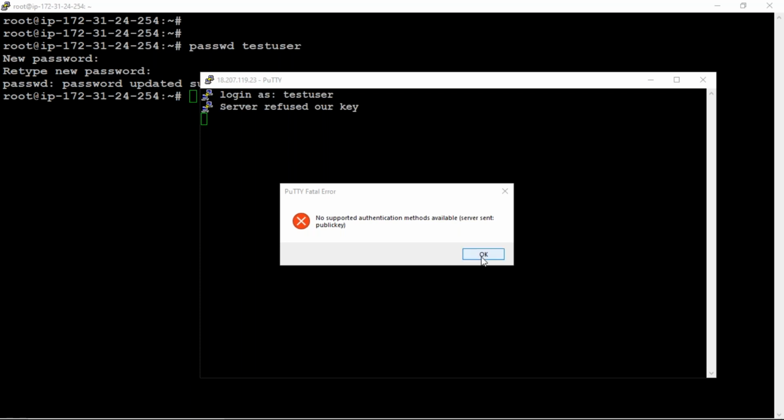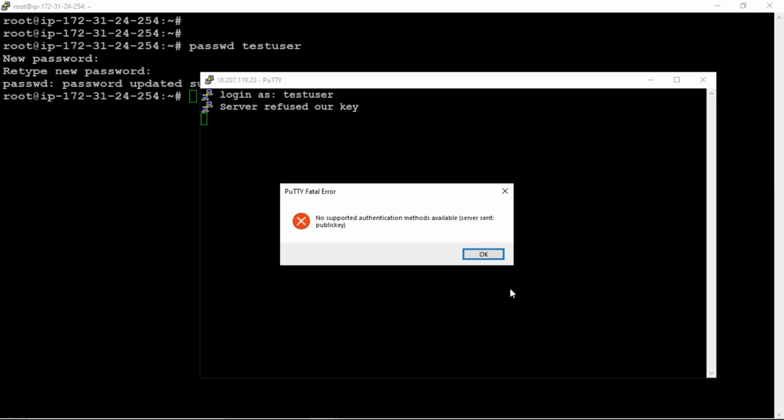The reason is that for the test user, password authentication is by default set to no. So we should keep the key, and we have uploaded that key as well. I have uploaded the key also, so maybe you didn't see, Krishna.